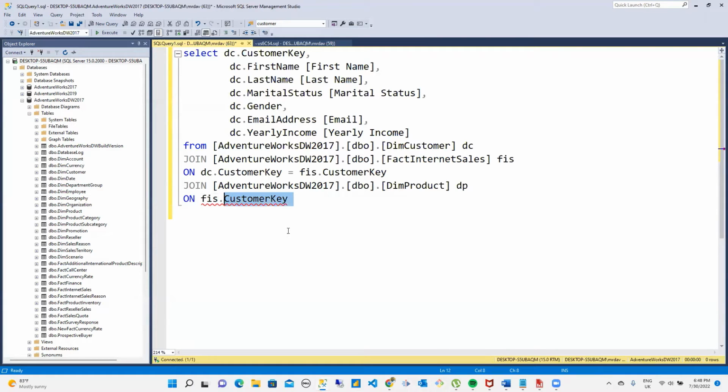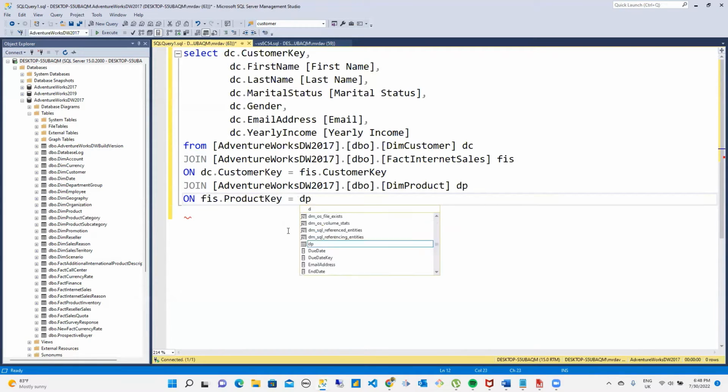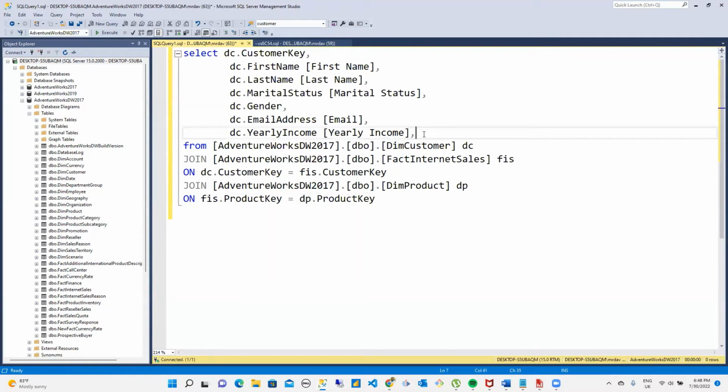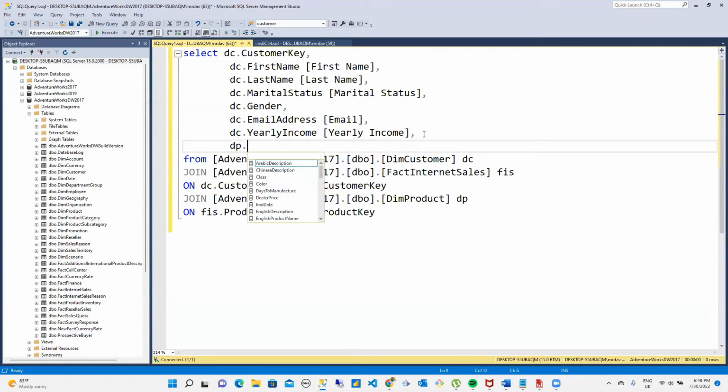So it's going to be FRS dot product key equal to my product table DP dot product key. All right, so product key. With this, I'm going to be adding the product. So, comma, DP dot English product name is the name of my product. And here I just give it an alias of product